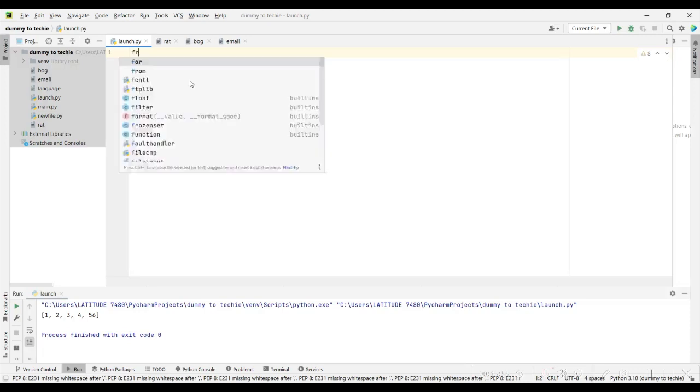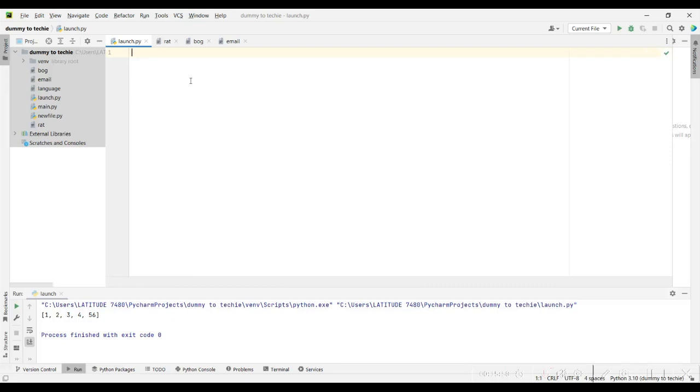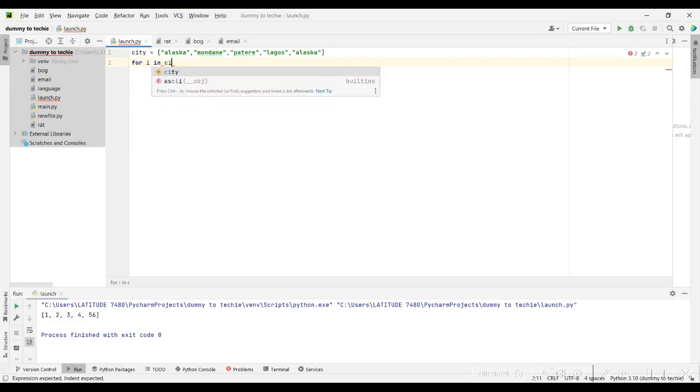To loop through a list, we know you can use a for loop. Let me go back to where I had my list of numbers. All right, I have a list of numbers, but I prefer a list of strings. Now I have a list of strings called city. So I can say for each city in city. Let's just use i. For i in city,